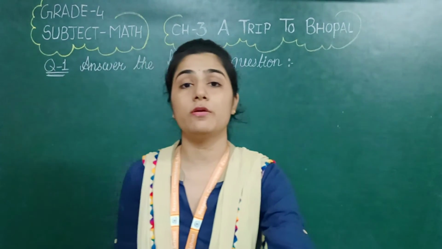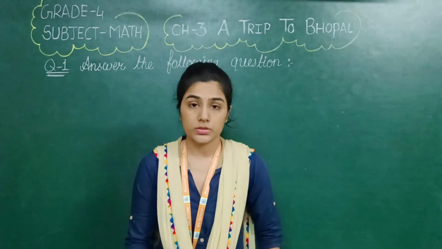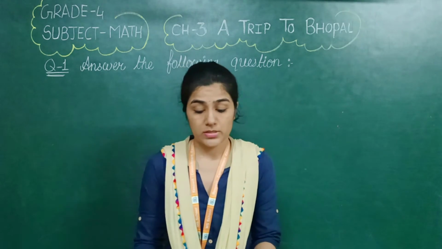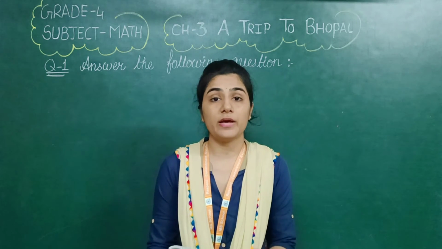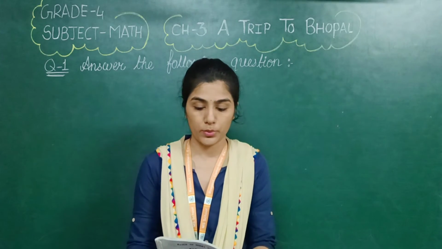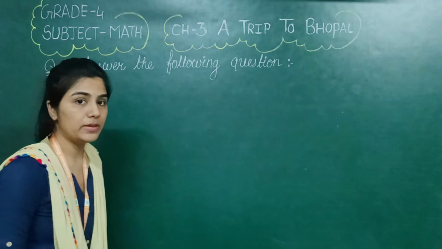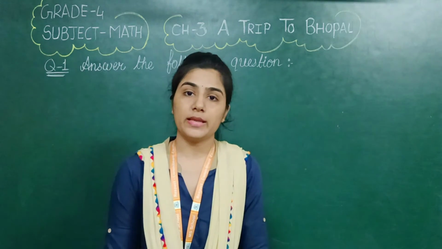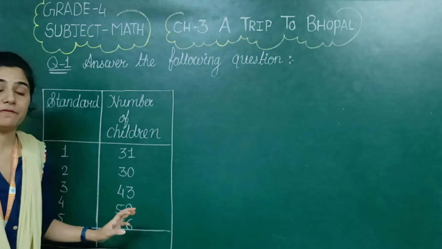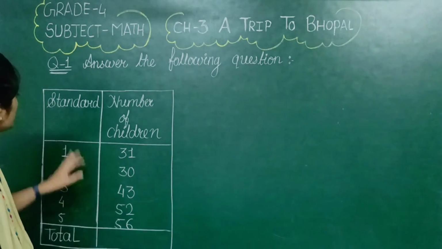The heading given in the workbook is: details of the children of the school going on a trip to Mount Abu from Ahmedabad in a bus are given below. So we have information about the trip. The children are going from Ahmedabad to Mount Abu by bus. Answer the following questions on its basis. I am drawing one table here, and by observing the table we have to solve the questions, and many questions are given in your workbook. So let's observe this table first.